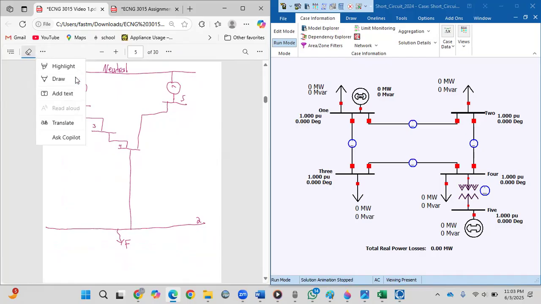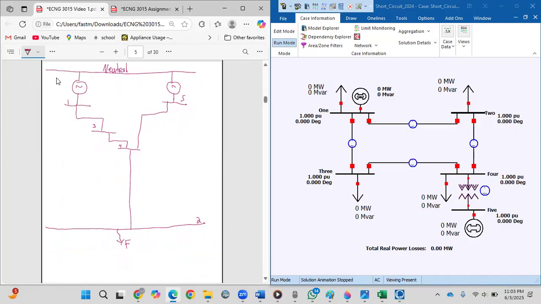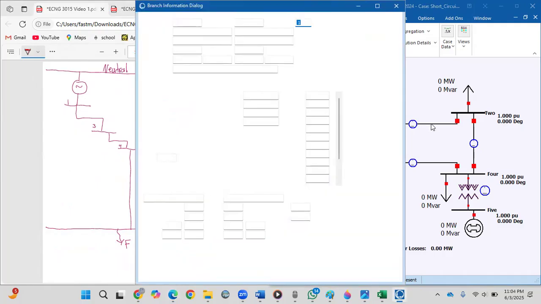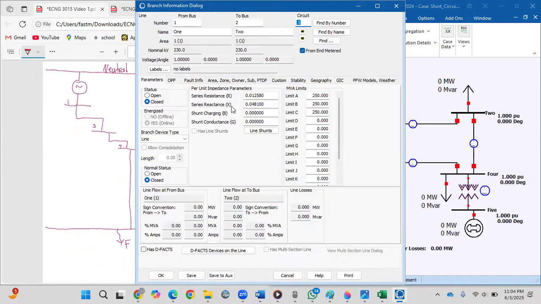I'll use red to signify that we replaced it. So 1 to 2, which is this line, so we double click on the line. And when we double click on the line, we will see the per unit impedance already at a base. So it will be